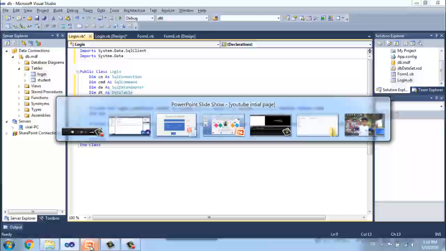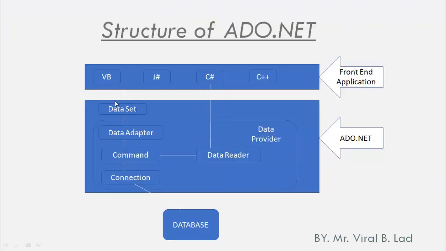We understand from this figure. We saw in the first lecture that dataset is a disconnected architecture. In this, the data adapter first communicates with the database and establishes a connection. After establishing a connection, the data adapter creates one data set and copies all data from the database, moves it to the data set and stores it in a data table.